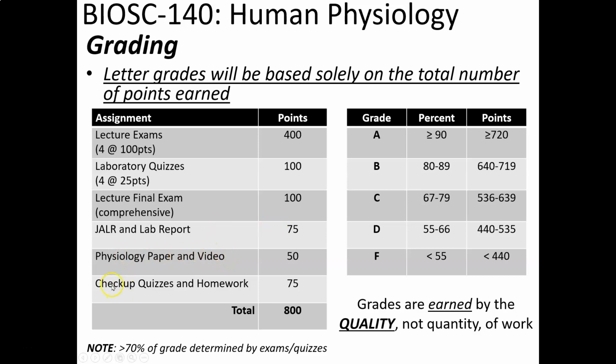And then you have what we call checkup quizzes and checkup homeworks, which are worth 75 points. I'll explain all of these in a little more detail in a second as we go through the slides. The total number of points available in the class is 800. To get an A, you need 90% or 720 points. If you want to get an A, then you need to earn 720 points in this course. For a B, 640, and a C,